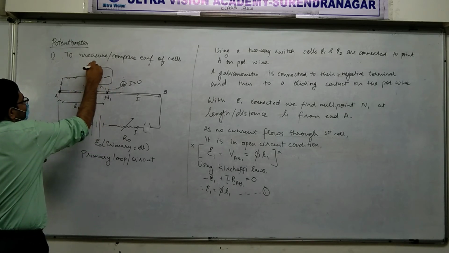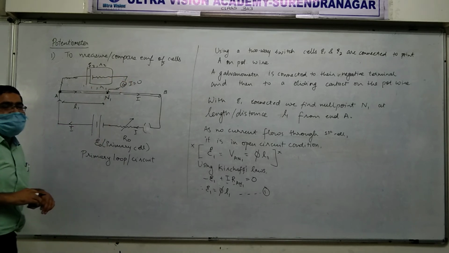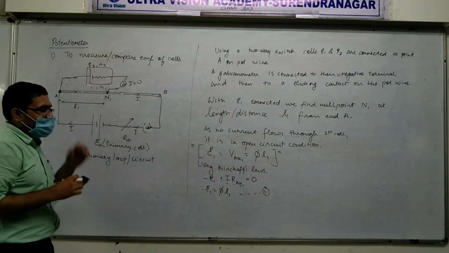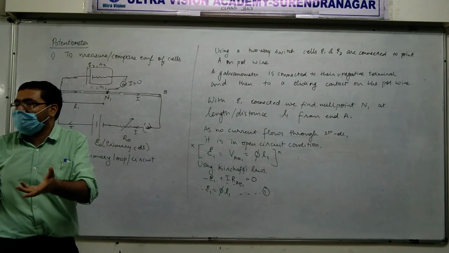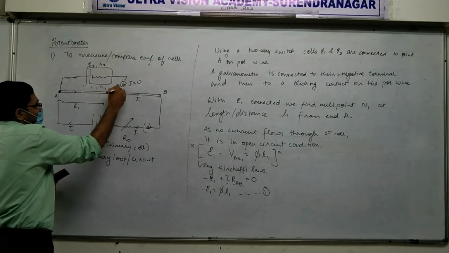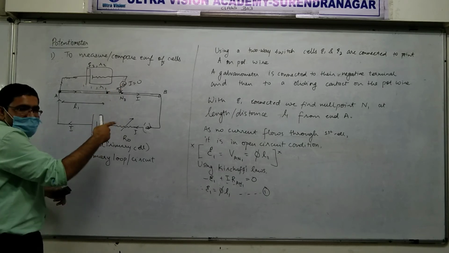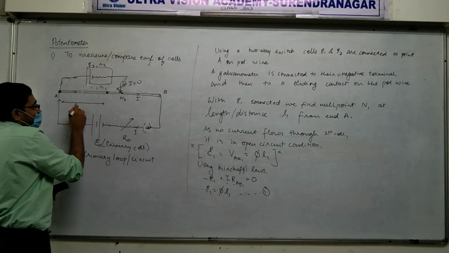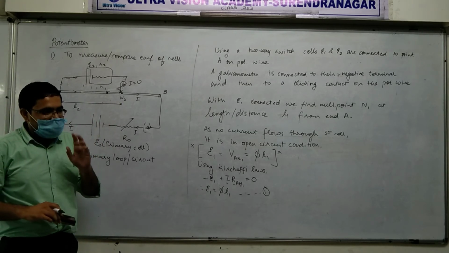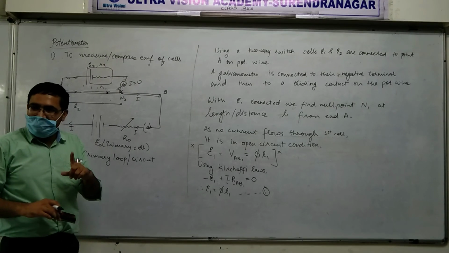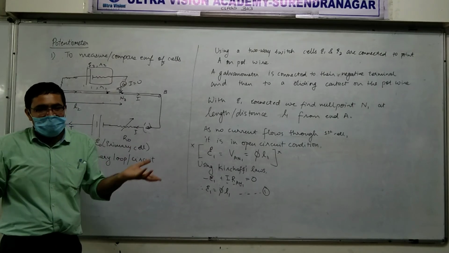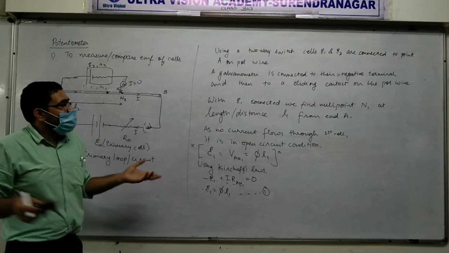Will this be the same null point? No, it's a different cell, the null point might be different. No problem. We find the null point. Suppose now the new null point is not here but here. Understood, yes or no? At what length, let's say L2. Ready? Then start the circuit, switch on, easy to do. Now write.